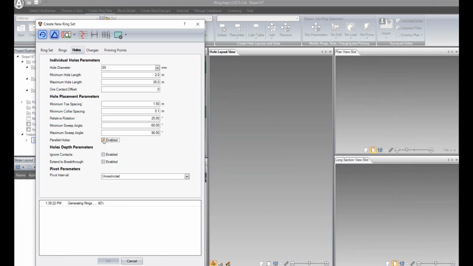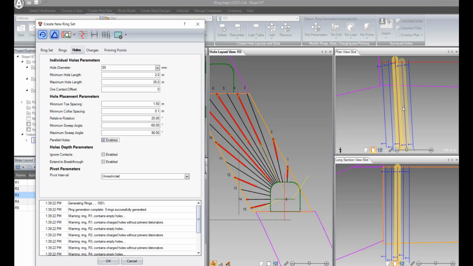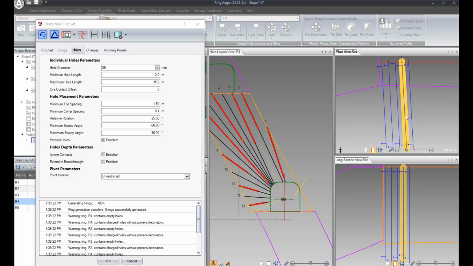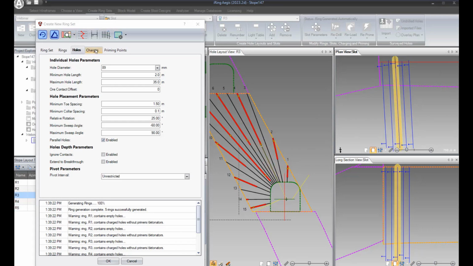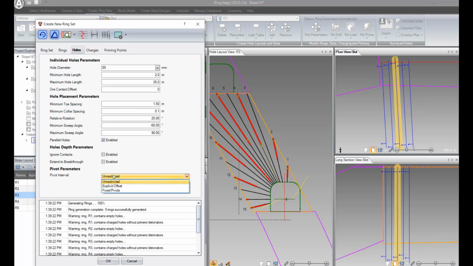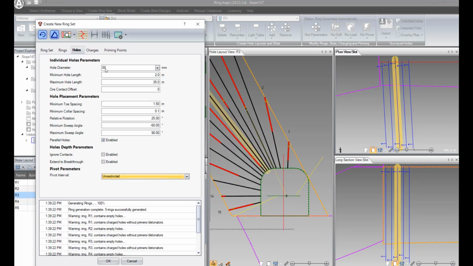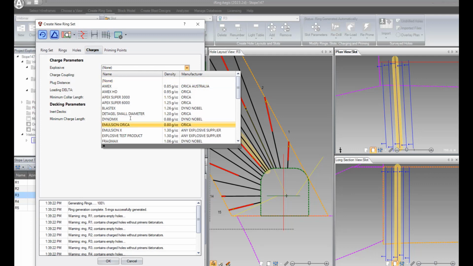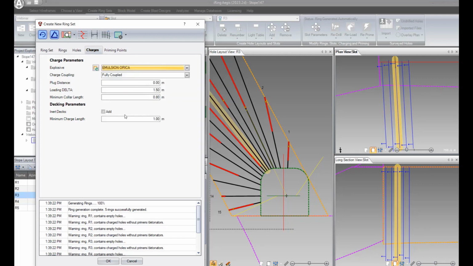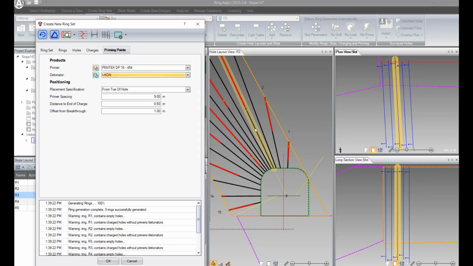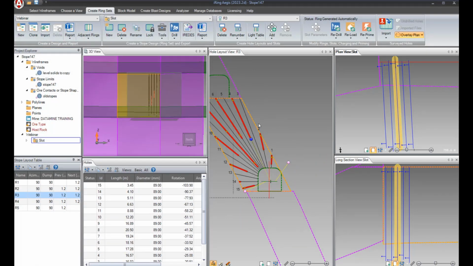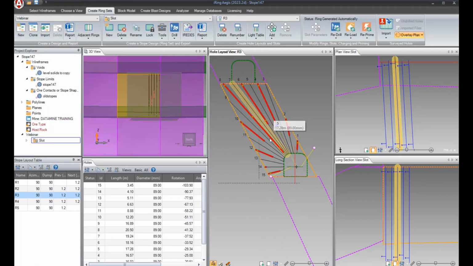You can either select parallel holes; it will try to do parallel holes where possible. Right, so now I'll also go pivot interval unrestricted, so it can drill however way. And then I'll select charge, ring delta, yep, that's good. Primers, I'll probably use a Pentax D and Icon. Okay, off we go. Alright, so now it's done the initial